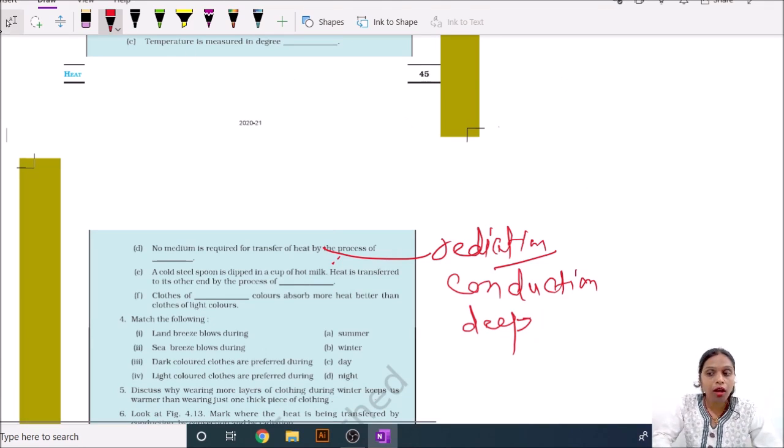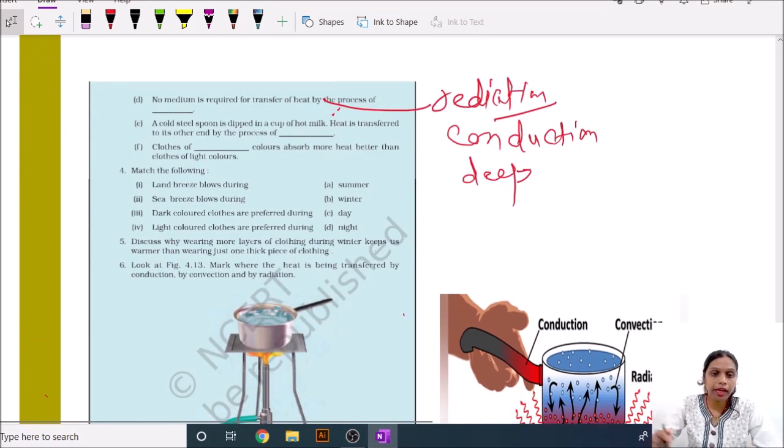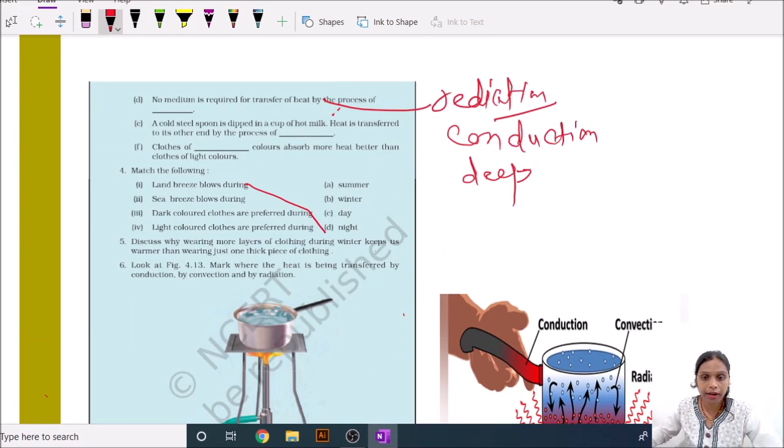Okay, now you have to match one column to another. Then land breeze is night time, sea breeze is daytime, dark cloth winter season and light cloth summer season. Discuss why wearing more layers of clothing during winter keeps you warmer than wearing just one thick piece of cloth. Okay, then you know that